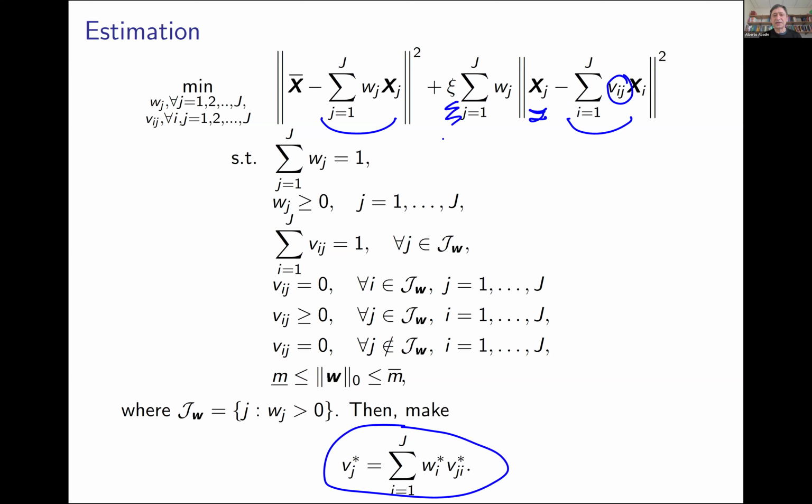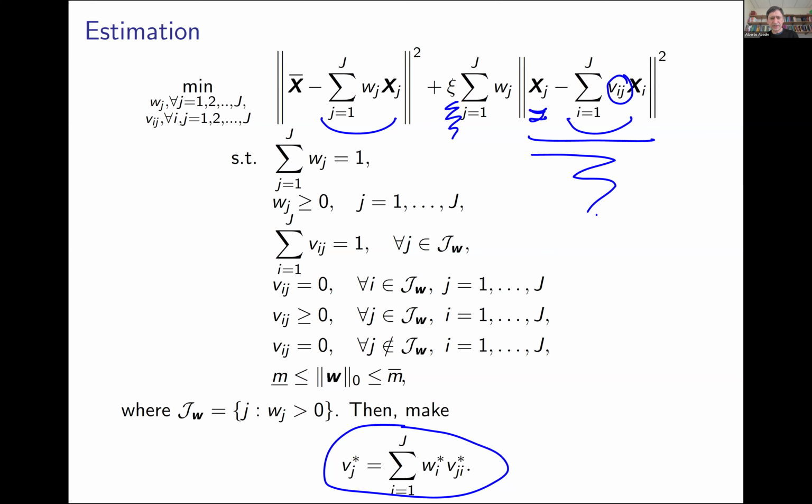And this xi is going to moderate the trade-off between fitting well what happens in the population, and targeting the average effect of the treatment on the population, or fitting well on the treated units and having a good estimate of the average effect of the treatment on the treated, that is W weight. Okay, so this type of formulation allows you to make these choices.